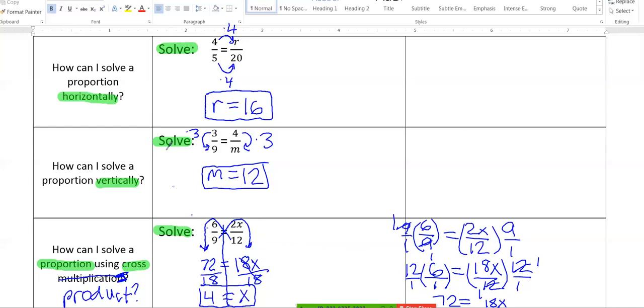So what I would do anytime I'm solving a proportion is I first look to see if I can do it horizontally, then I look to see if I can do it vertically, and then I see if I can use cross products. Cross products work every single time because it's really just the properties of equality, but these horizontal and vertical methods can be pretty quick. Just to show you in this one, 6 over 9 equals 2x over 12. There was no good way to get from 9 to 12, and there was no good way to get from 6 to 9. If you had reduced 6 over 9 to 2/3,